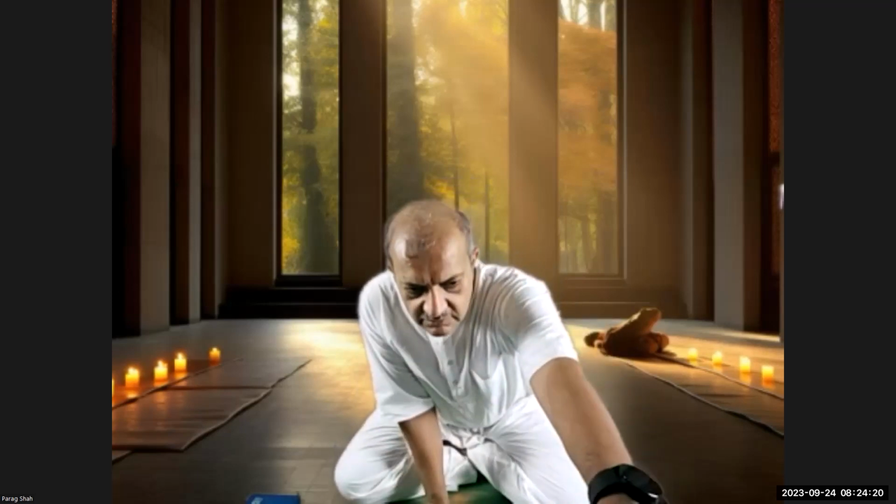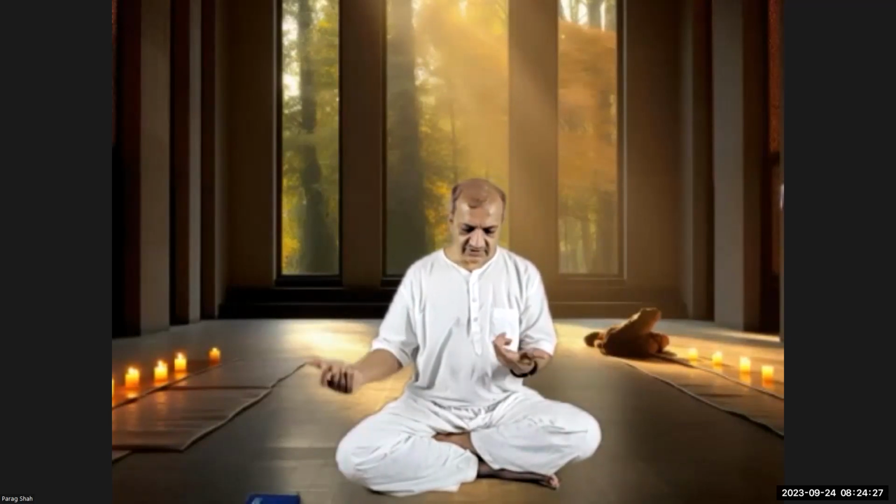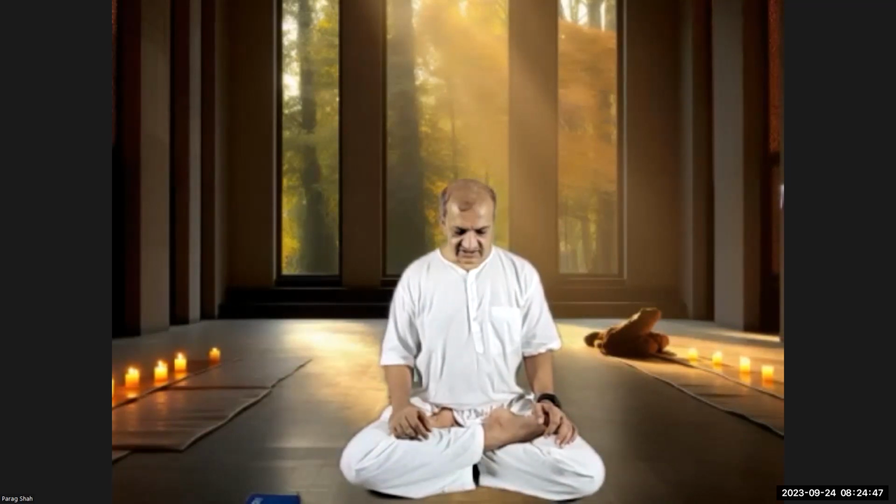When you try to do this Matsyasana, in the initial few attempts your legs will probably still remain up, because you're not flexible and not able to take them down fully. That is okay. The idea is to give that backward bend to that part of the spine. But ideally, when you are flexible, you should be able to hold your toes and be relaxed in that position. I wasn't relaxed now because